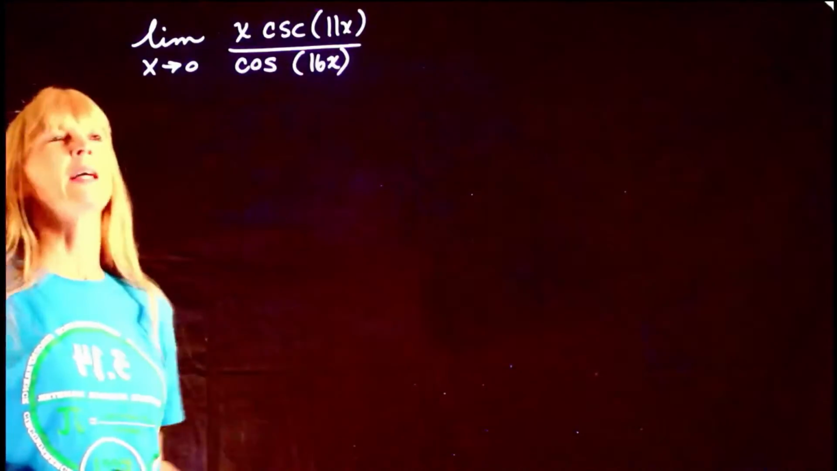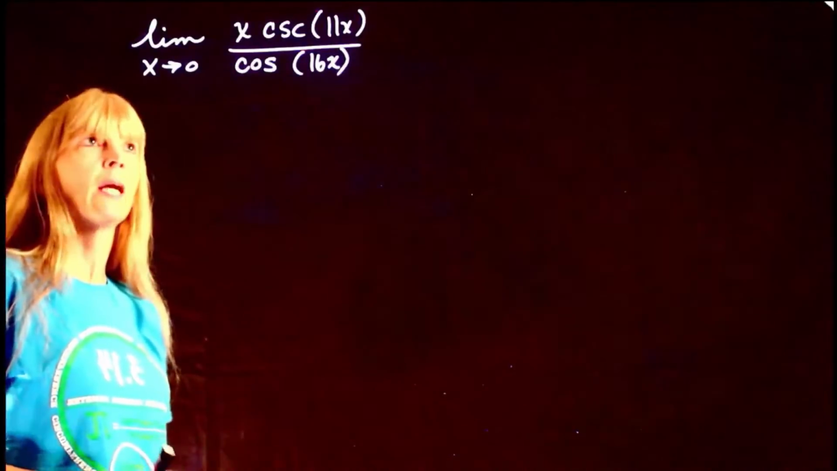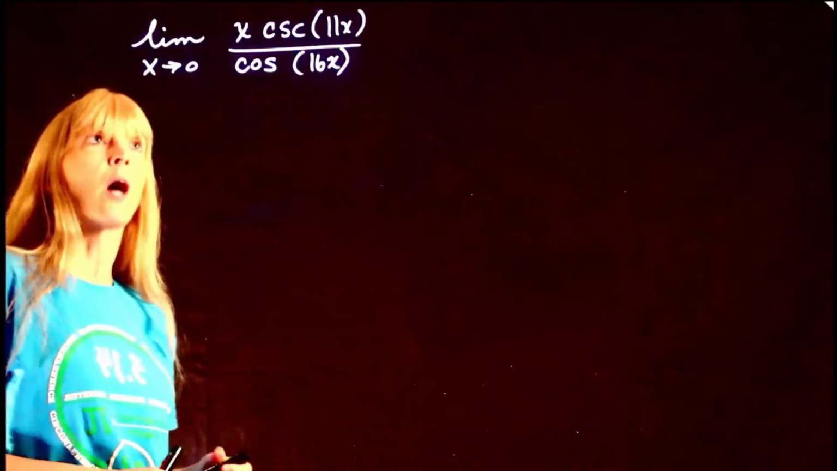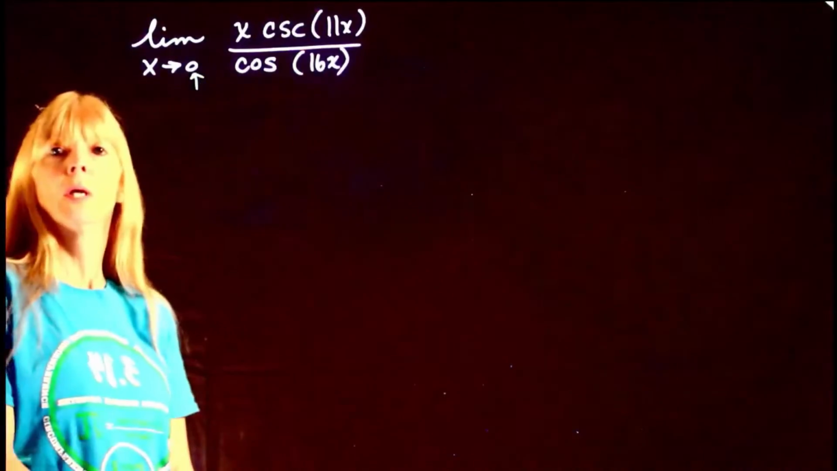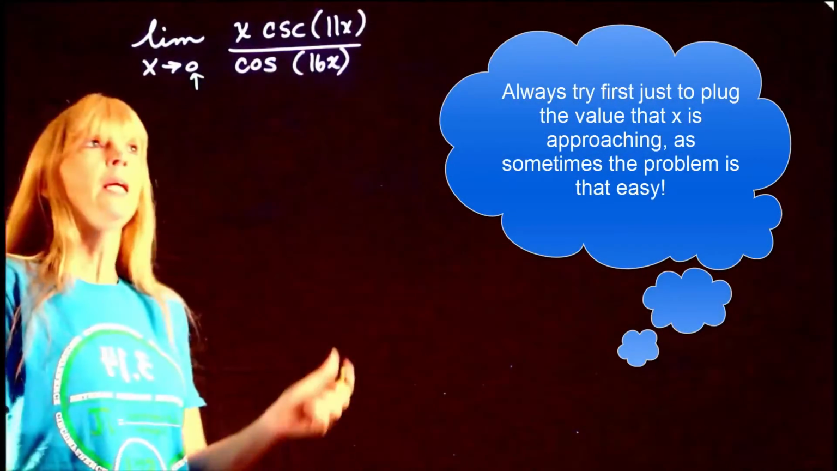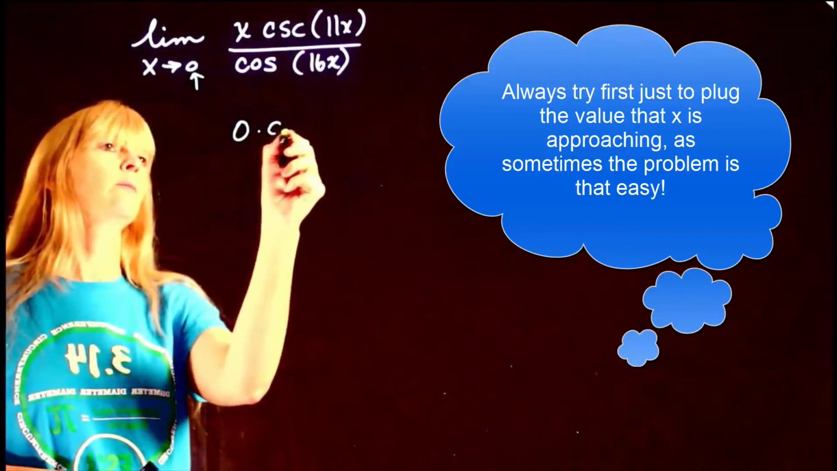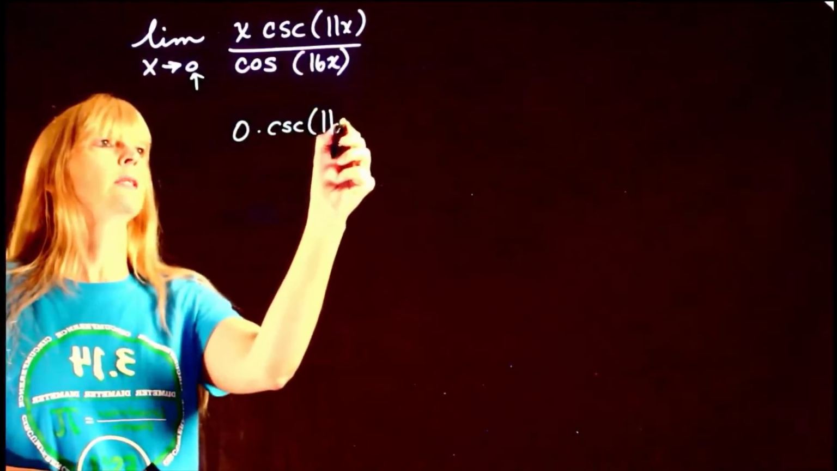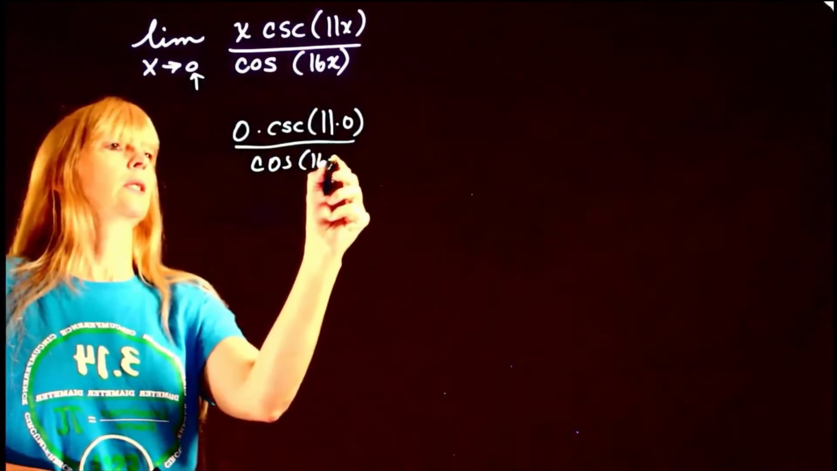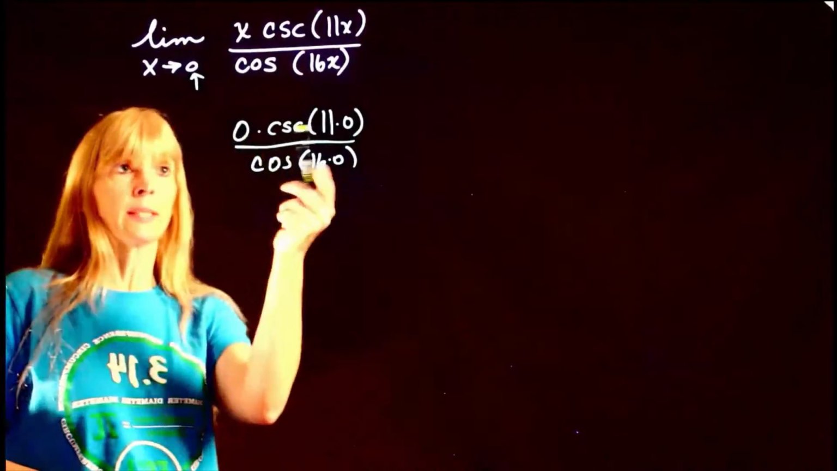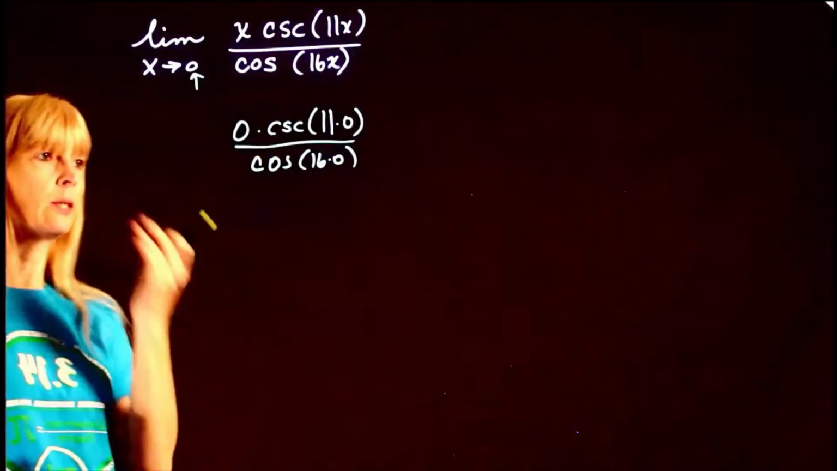Okay, so we want to find the limit of this mess. Whenever you're doing limits, the first thing you should always do is just see if you can take this number and plug it in. Meaning, I could try to plug in 0 times cosecant of 11 times 0 over cosine of 16 times 0. So I see the top's 0, and the bottom in this case would be